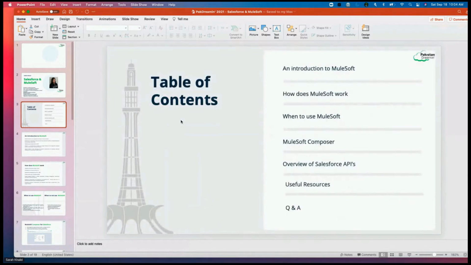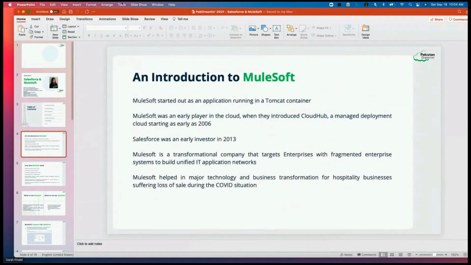So at a high level, the table of contents is we're going to start with an introduction to MuleSoft. We're going to discuss how MuleSoft works, and then when it makes sense to use MuleSoft, and when you should not use MuleSoft. We're going to cover a new product called MuleSoft Composer. And then we're going to go into the different Salesforce APIs and how you can interact with them using MuleSoft. And then we're going to look into some useful resources and some Q&A. So without further ado, let's talk about